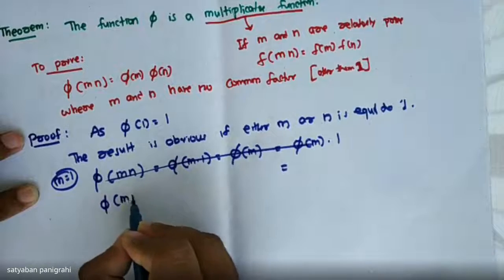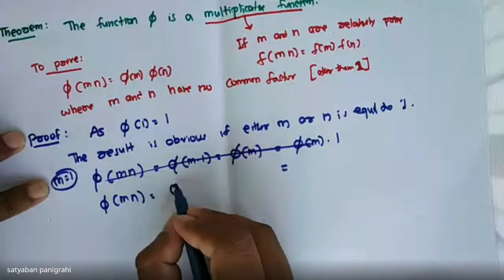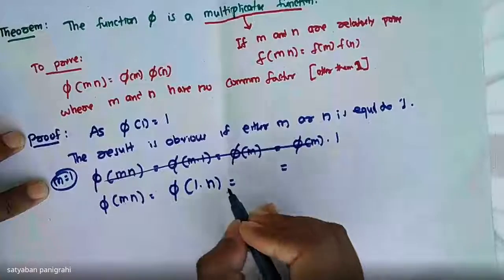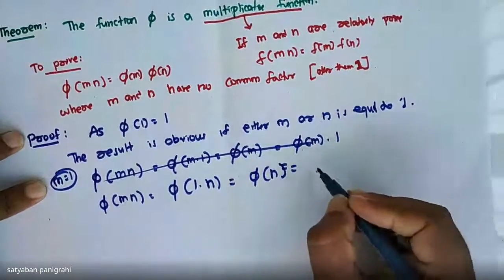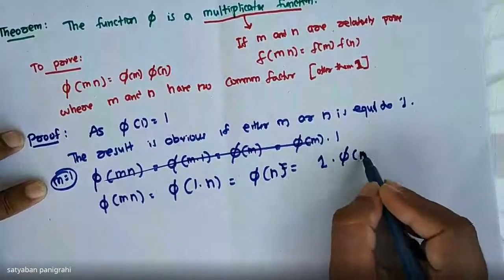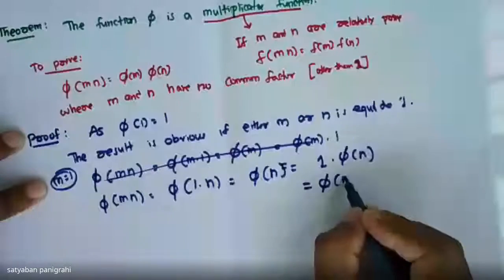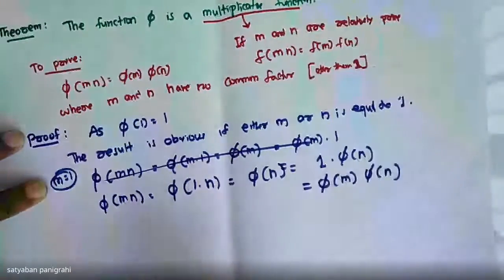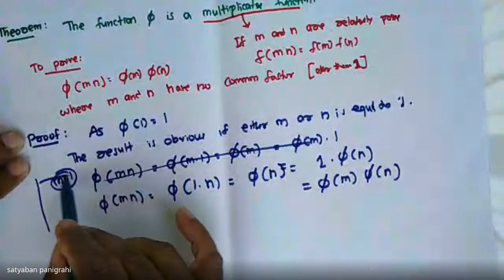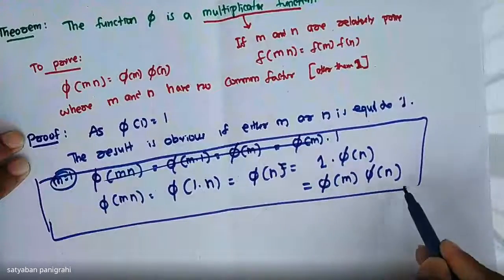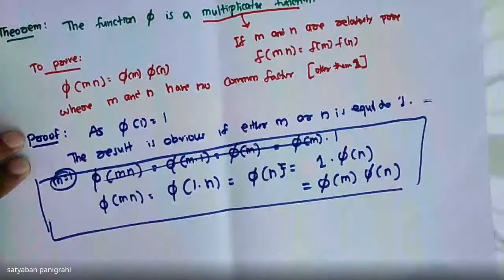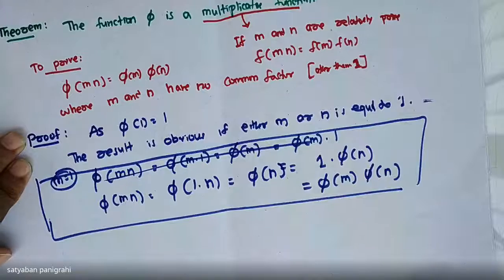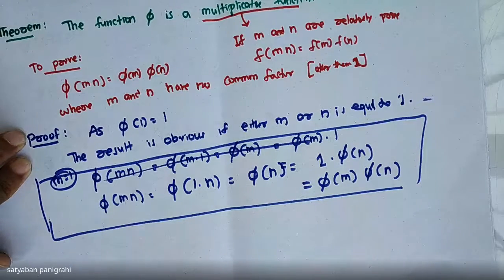I am taking m equal to 1, so phi of 1 into n, or this gives phi of n. But phi of n can be written as 1 into phi of n, and in place of 1 you can write phi m into phi n. So it is obvious when we are taking either m or n equal to 1. Clear to all? Yes, sir. Okay. Now,